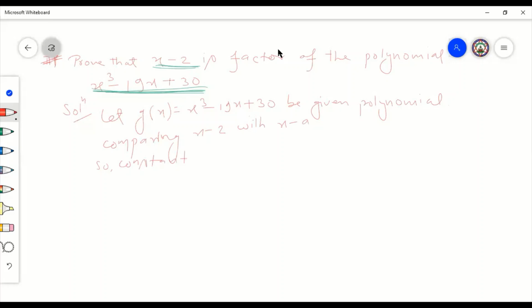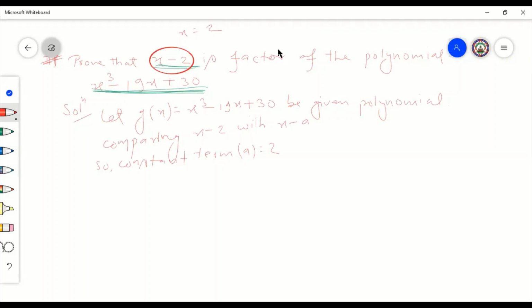Constant term a equals to, now what's the value of the x in this part? Value of the x will be here, we can write that is a 2. So here x equals to, we can write that is a 2. So now